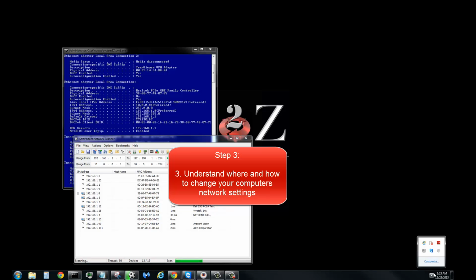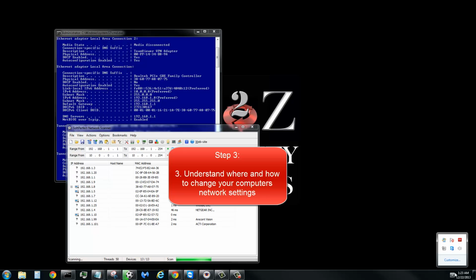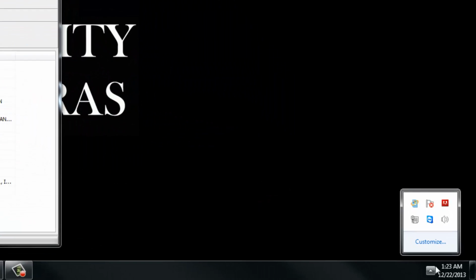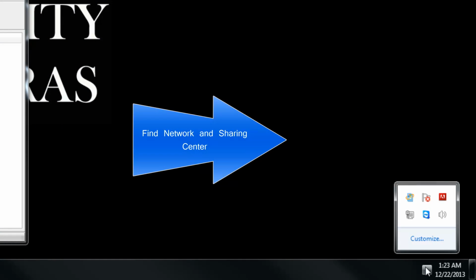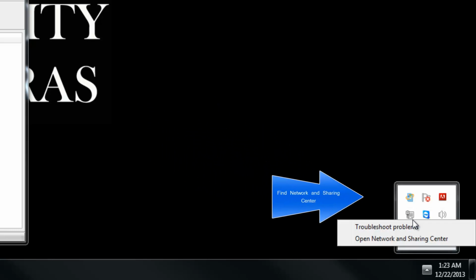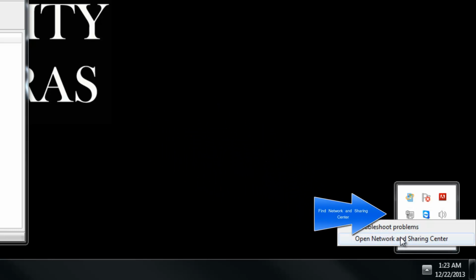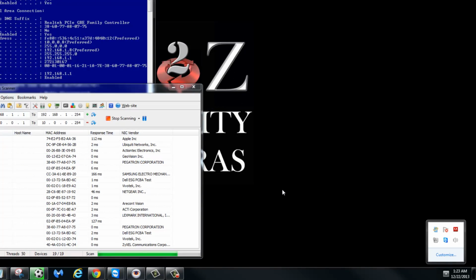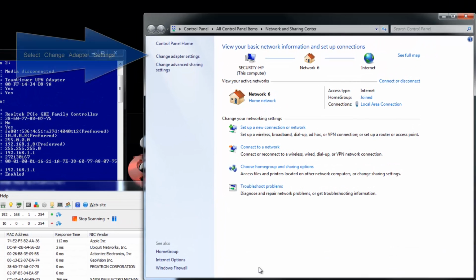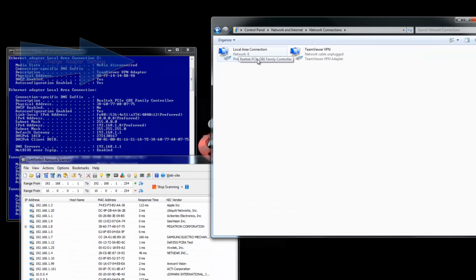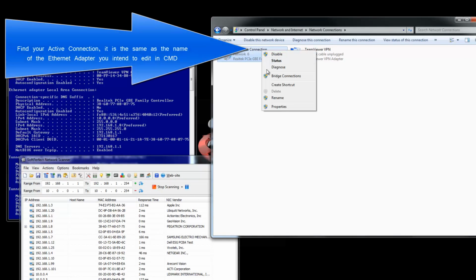Once you have this information, now you can go to configure your IP address to a static IP address of your choosing. You can go into the Windows Start menu and search bar and type Network and Sharing Center, but it's easier to just come down to the date and time, find the little monitor type icon, right click on it, and choose Open Network and Sharing Center. Here you'll want to click on Change Adapter Settings. This is just kind of like an overview of your local area network. Find the active connection, right click, Properties,